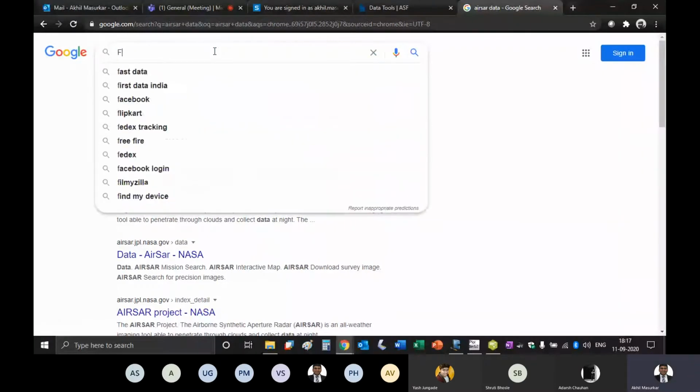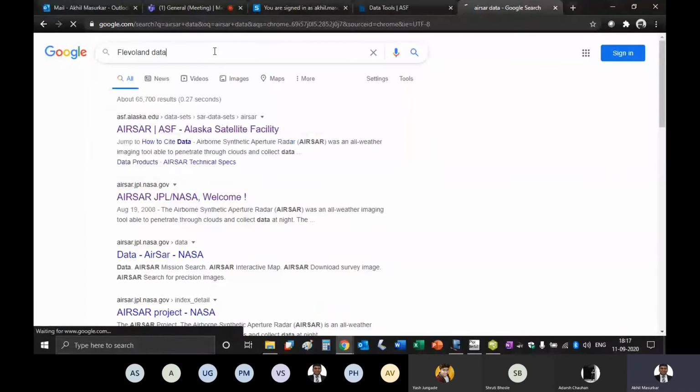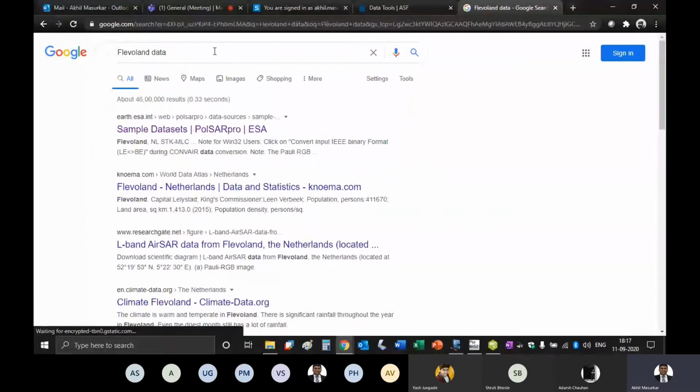You can just type here Flevoland data. Once you type Flevoland data, you can see sample data sets PolSARpro ESA.